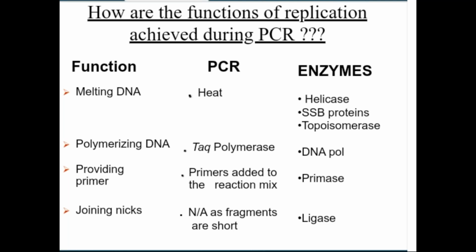So this Taq DNA polymerase is a heat resistant or thermostable enzyme, and that's why we can use the Taq DNA polymerase enzyme, because when we heat the reaction mixture at 95 degrees Celsius temperature, at this temperature other enzymes may degrade, but this Taq polymerase enzyme is unable to degrade, or it is stable at higher temperature also. That's why the Taq DNA polymerase is most important in the PCR, and we utilize that enzyme to perform the PCR reaction.